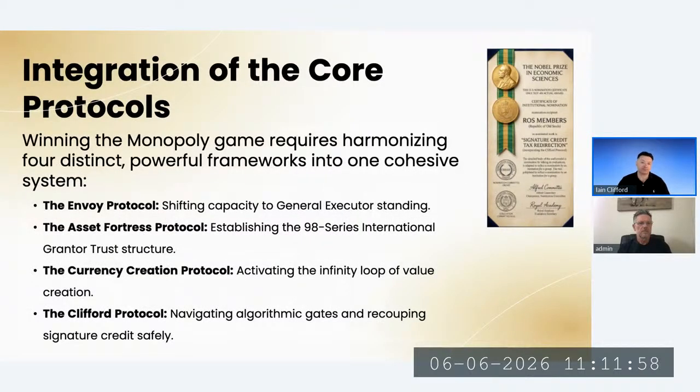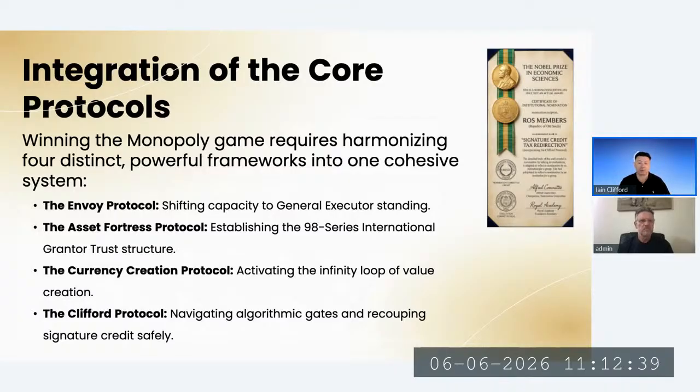So in order to redirect the taxes and do it safely, and so that you've got the ability to use the tax redirection, spend it and recoup it year in, year out, which is this kind of infinite loop of spending and recouping, because once you've redirected it once to your foreign grantors trust, it can then be spent, which is creating new signature credit. Then the taxes can be redirected the following year. You spend it and recoup it, spend it and recoup it. But in order to make it work, you will need to invoke 3 protocols.